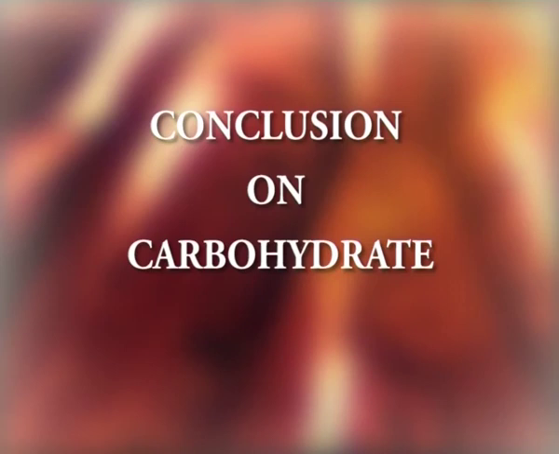To conclude on carbohydrates, a carbohydrate is a chemical compound made up of hydrogen, carbon and oxygen. The basic unit of carbohydrate is monosaccharide. Carbohydrates are stored in the form of starch in plants and glycogen in animals. All digestible forms of carbohydrates are broken down by the action of the enzyme ptyalin in the mouth. Further digestion and absorption continues by pancreatic and intestinal enzymes amylase and maltase to the simple sugar glucose.